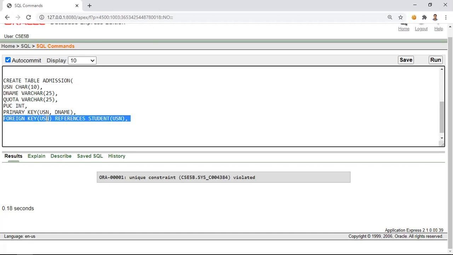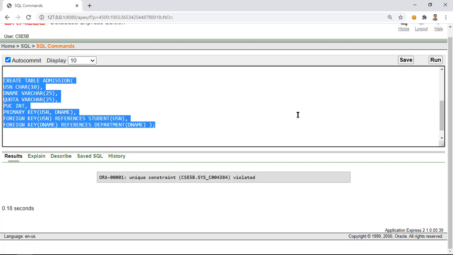Along with this, we have one more foreign key, that is D name. D name references department of D name. Then we will complete the creation command.